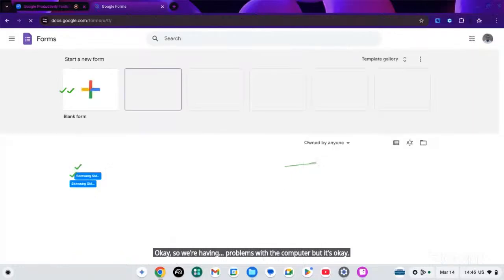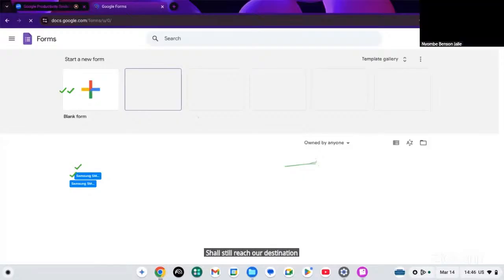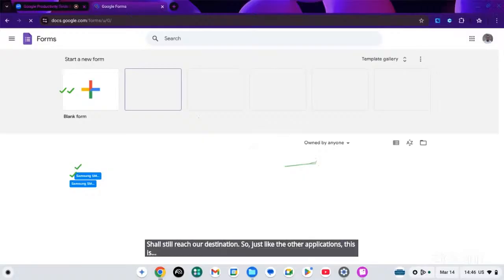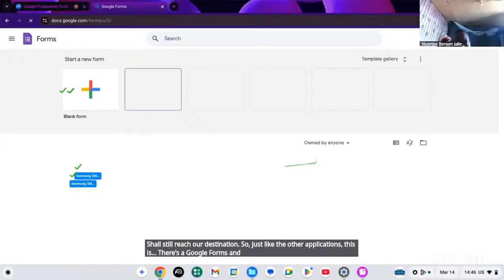We shall still reach our destination. So just like the other applications, this is Google Forms, and we've said we can use it to gather data or information from different entities. And as you can see, these are some of the projects